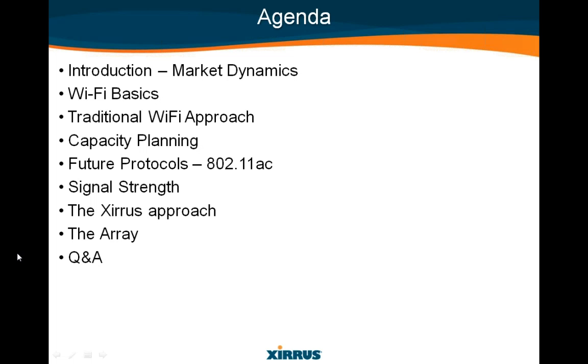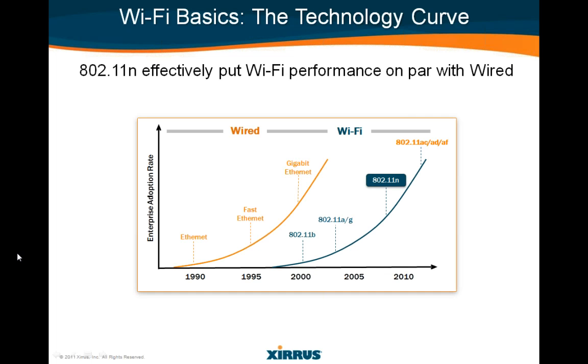I am going to talk a little bit about the future of protocols that are coming down the pipe, and there are a couple that should be introduced in 2012. At least that's what the IEEE has presented and is rolling out sometime this year. There are a lot of analysts and a lot of expectations that will be coming with this protocol, and so I'll talk a little bit about that. I'll also talk about signal strength and what that really means versus a coverage type network. And then I'm only going to talk maybe a couple slides about Xirrus and see if there's any time for some questions and answers. So without further ado,